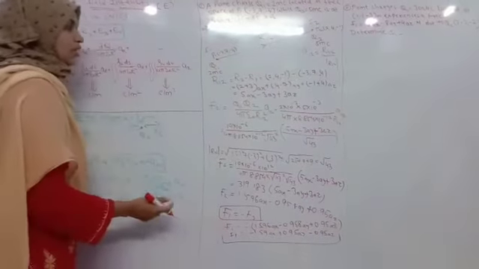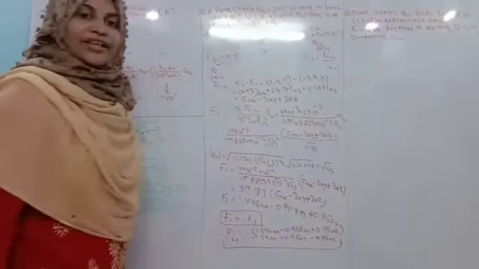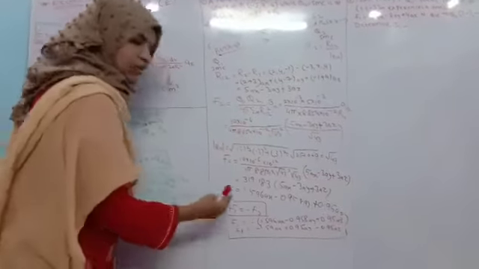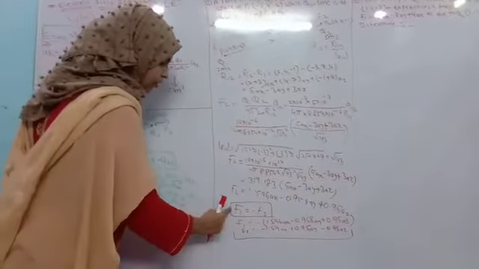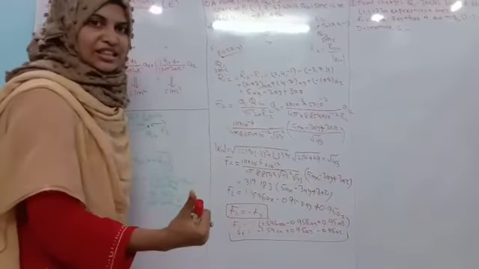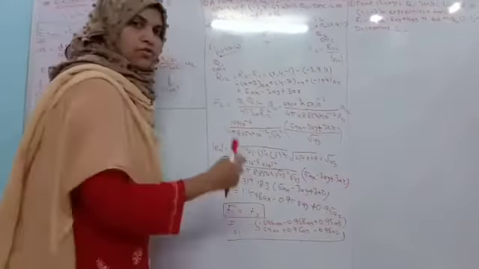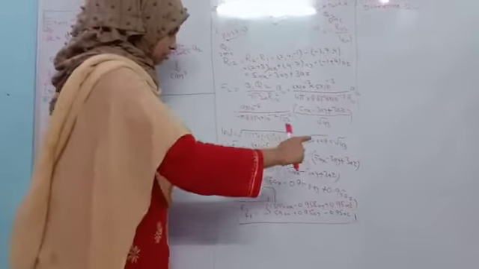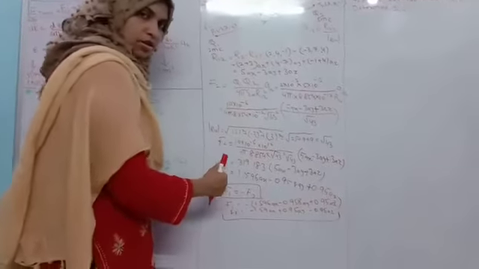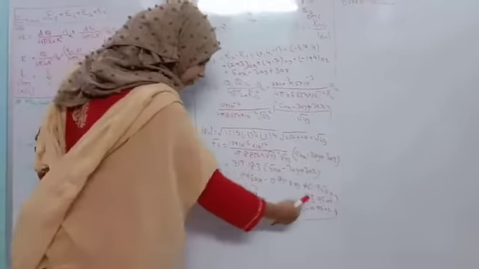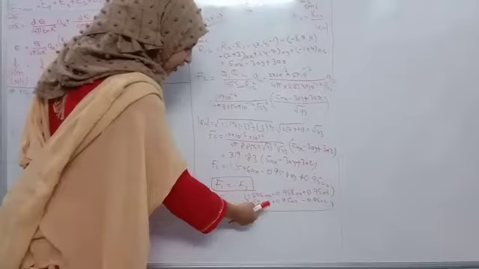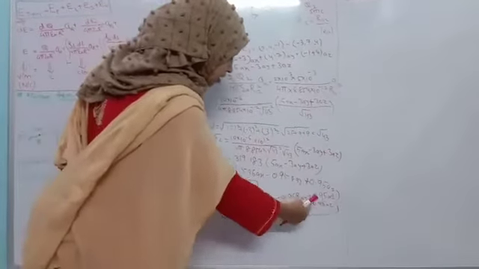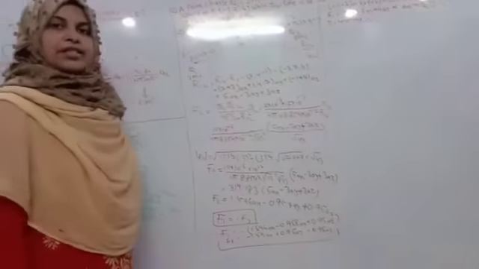So, what is the last? What was the question? Find F1 and F2. You have calculated F2. Now come to the point, the force is exerted in the opposite direction. So F1 will be equal to minus of F2. Only the change in the direction. So with the help of this minus sign, multiply the entire equation. Okay, the minus sign will be multiplied with the entire equation. So here it will be minus 1.59 ax plus 0.95 ay and minus 0.95 az.